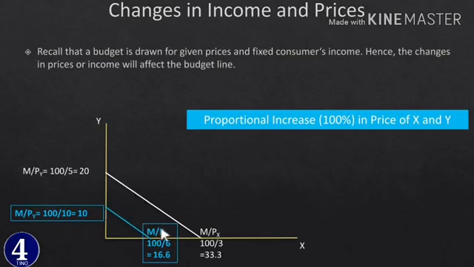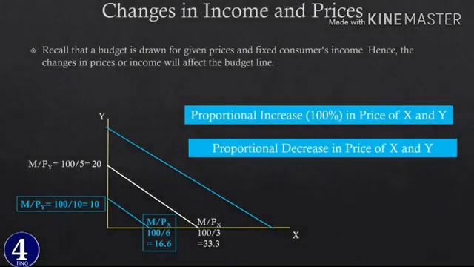shift ያደርጋል ብለን ኮንክሉድ እናደርጋለን። ኦኬ፣ ወደ ውስጥ ደግሞ shift ማድረጉ ምን ችግር ይፈጥራል ወይ ምን ቼንጅ አመጣብን፣ ሁለቱም the amount of y that we can purchase and the amount of x that we can purchase decrease አድርጓል ብለን ሁለተኛ ኮንክሉዥናችንን እንሰጣለን ማለት ነው። ሌላው ደግሞ በተመሳሳይ መልኩ which is in opposite side proportional decrease in price of x and y ካለ ደግሞ decrease ስለሆነ both the amount of y and x that we can purchase ይጨምራልና shift ወደ ላይ